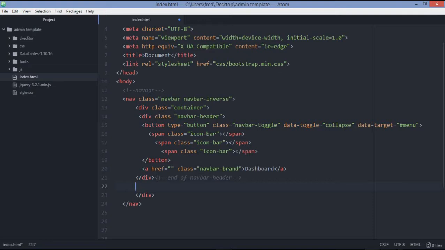Okay, so below this div, we're gonna have another class of collapse, the navbar collapse. Then you're gonna call an ID of this menu. Right, so inside this div, we're gonna have a UL with a class of navbar nav, and we want the links to be on the right side, so we're gonna have another class of navbar right. Yeah, that's correct. So we're gonna close the UL, and inside there we're gonna have probably links of let's say